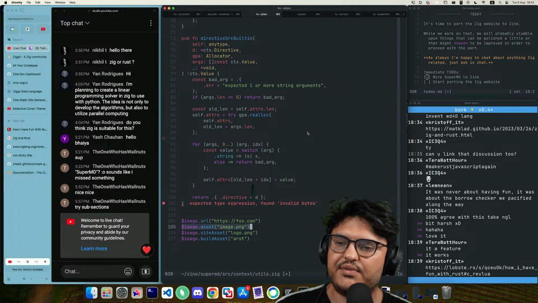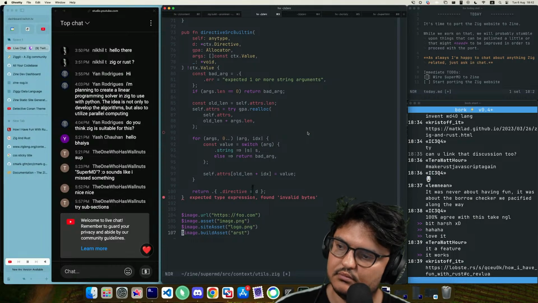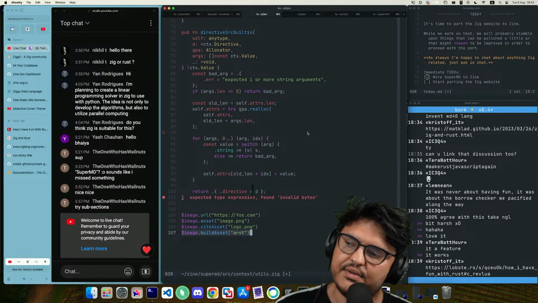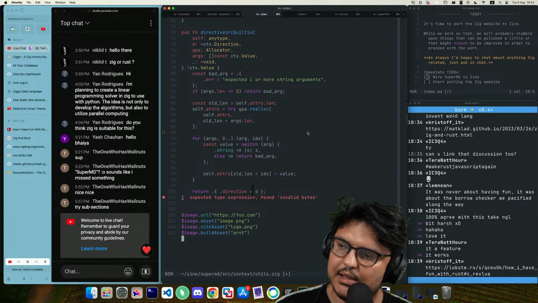Because in the context of a Markdown file, obviously page assets are kind of the default asset. Maybe we could even make it an alias to page asset. I don't know. Yeah, this seems the way to go, to be honest.